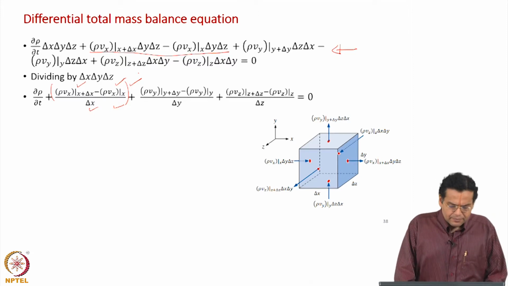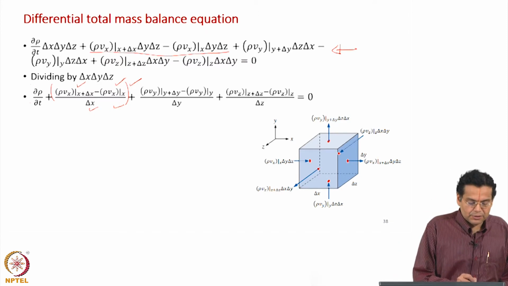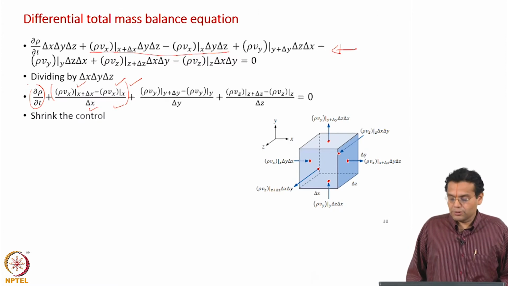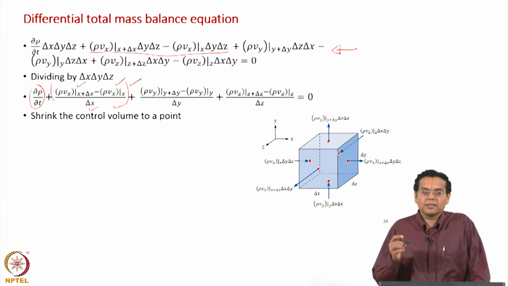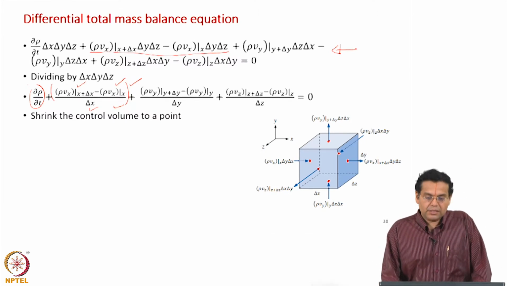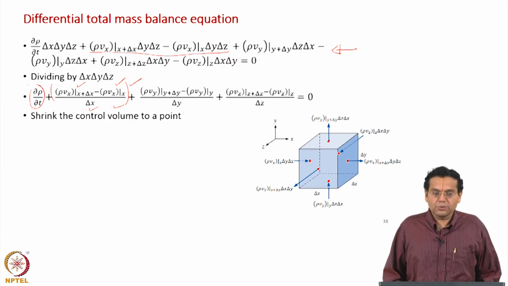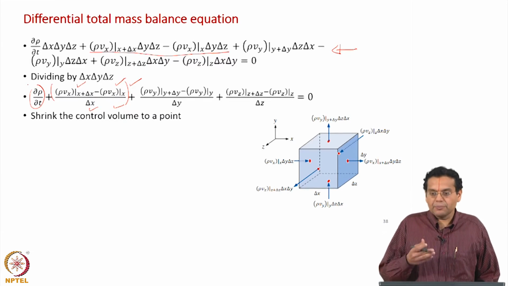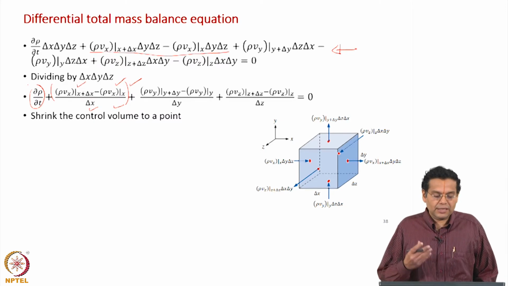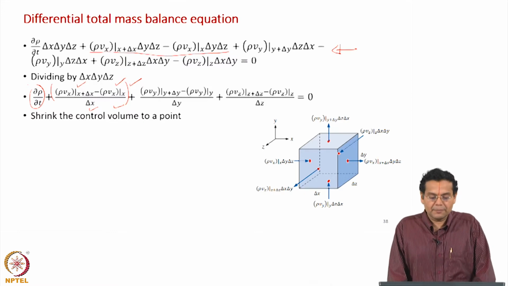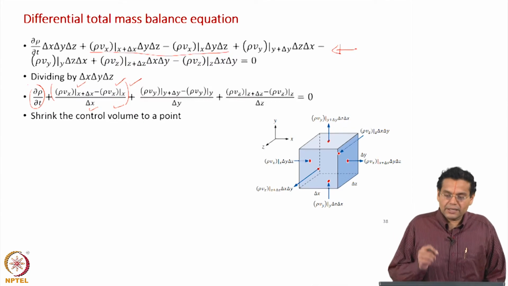Now, of course, the first term is dou rho by dou t, and the other terms represent the net mass flow rates per unit volume. Now, what is it that we are going to do now? Remember, the differential form of the total mass balance equation which we are approaching should be valid at every point in the equipment, and of course at every instant of time. We are writing this equation at any instant of time, and